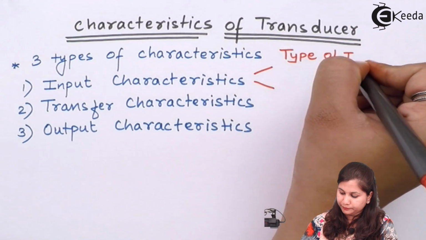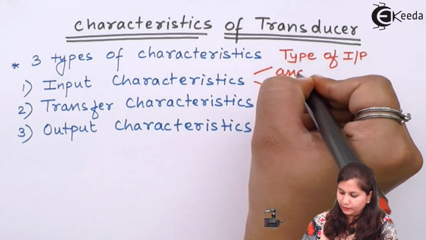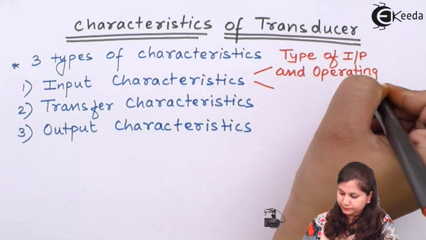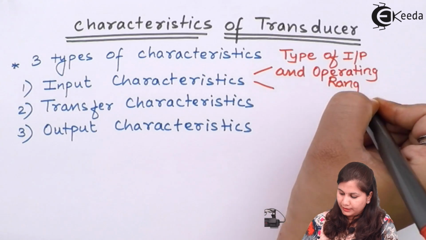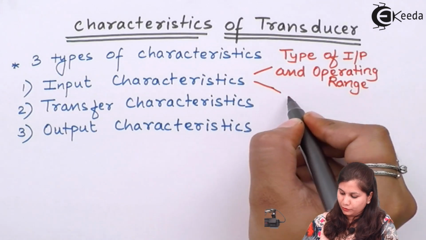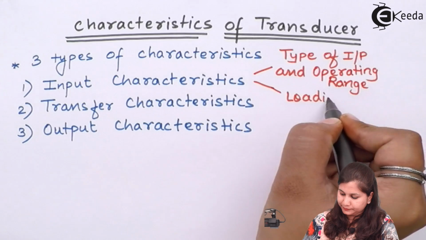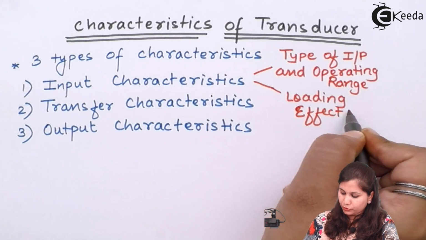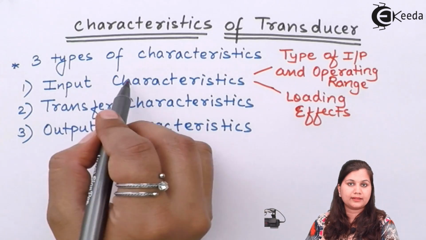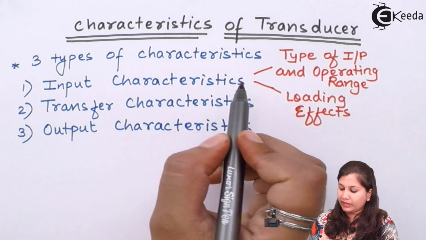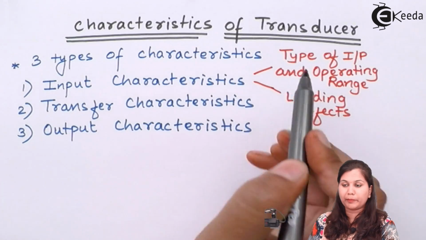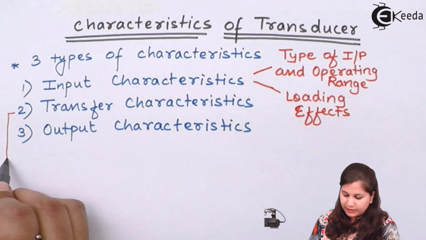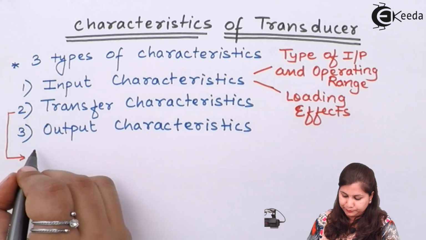type of input and operating range. And the second factor is loading effects. So these are the two factors which influence the input characteristics, or we can say that the input characteristics depend upon these two factors. If we talk about transfer characteristics, it depends upon three factors: